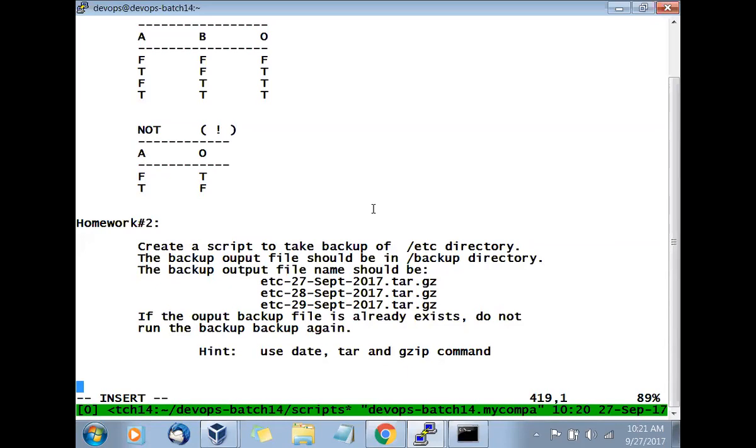So is this clear? My request is, please practice this, because all these things are important. These are the basic building blocks. If you start practicing, you'll understand where you're making mistakes and where you're having problems, and we will try to fix those problems. So today we will stop here. Please try all the examples with file test, number test, logical test, string test, and so on. If you want, you can create your own examples and experiment with them.